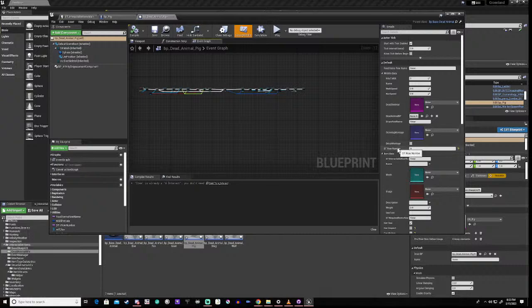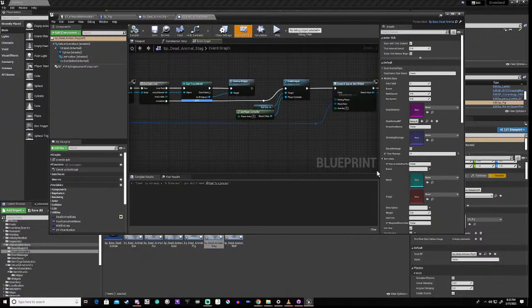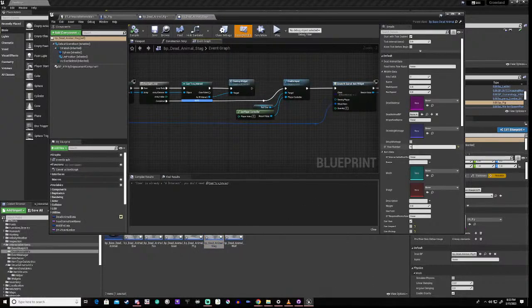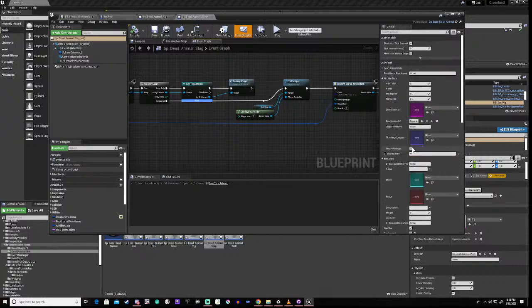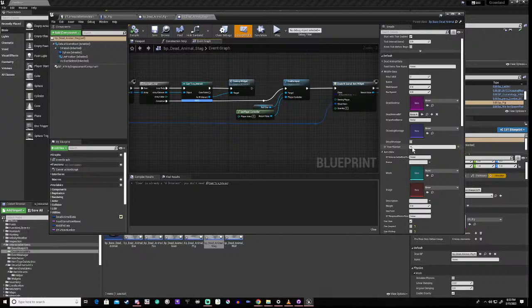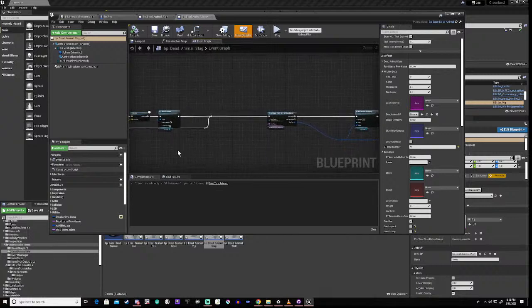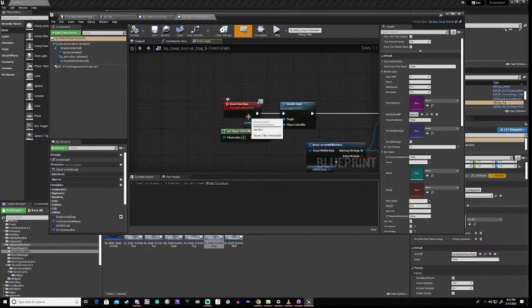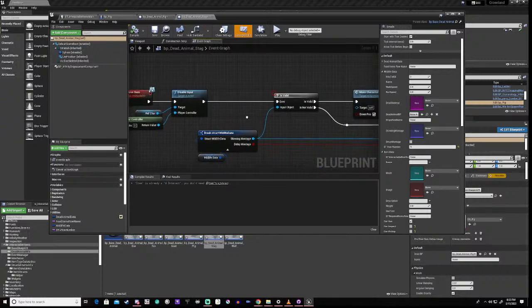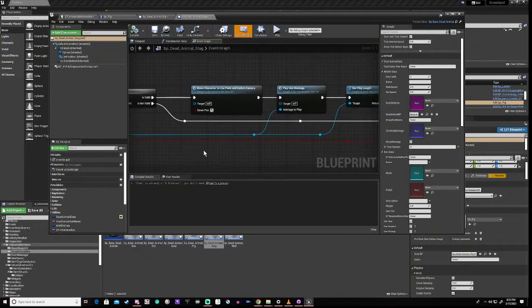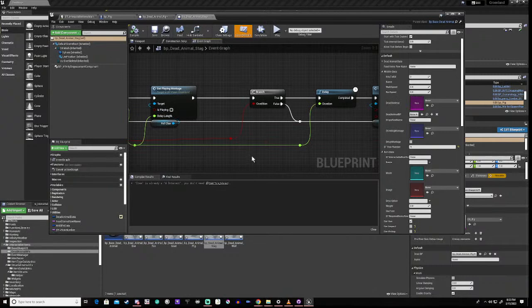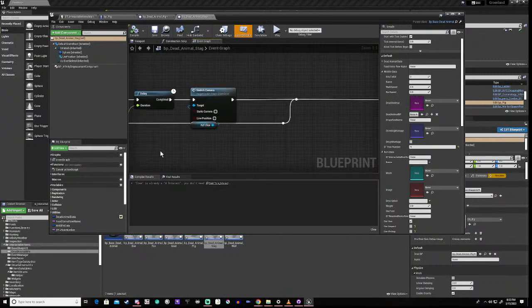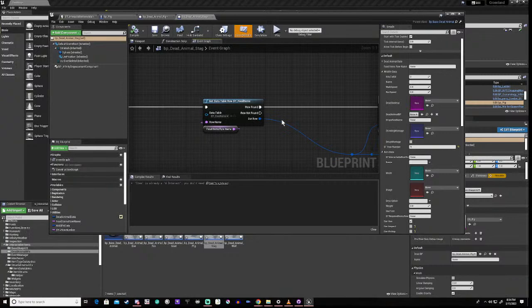Okay. Right, so this is the skinning. Okay. Playing the montage. Blah de blah de blah. That switches it back, and this is actually